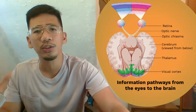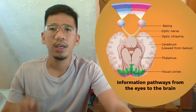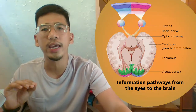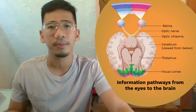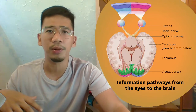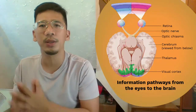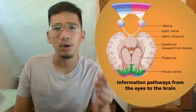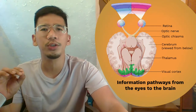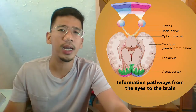Our visual information is sorted again when it reaches the thalamus. So, the thalamus has 6 layers. The top four layers respond particularly to detail and color, while the bottom two layers coordinate information about movement. They react to movement and change across large areas of the visual field. So the thalamus brings together and organizes different types of visual information before passing it on to the visual cortex for more conscious processing. So even before we achieve conscious sight, the information from our eyes has been sorted out quite a lot,